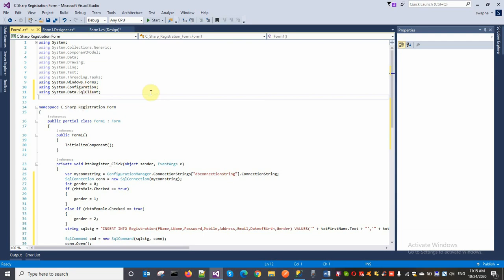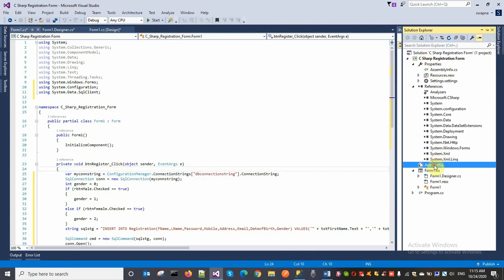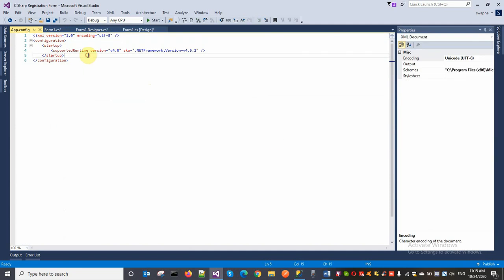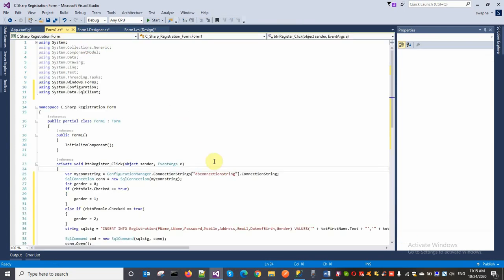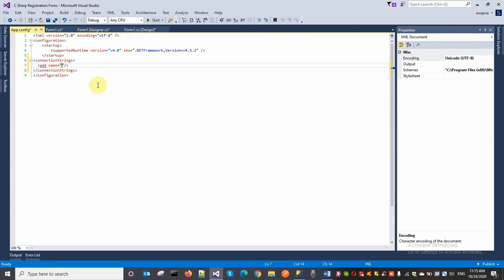Now I am using configuration manager, so that you can add a connection string in the app.config. For that purpose, select connection string. So add name equal to, here I have given the db connection string. I am passing that name into my app.config connection string. This is the name we can use throughout the project, the connection string. Next one, connection string equal to,